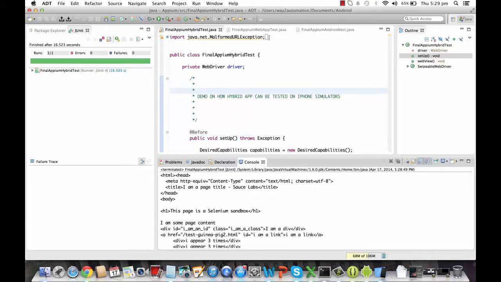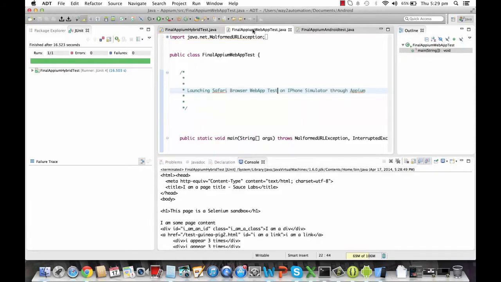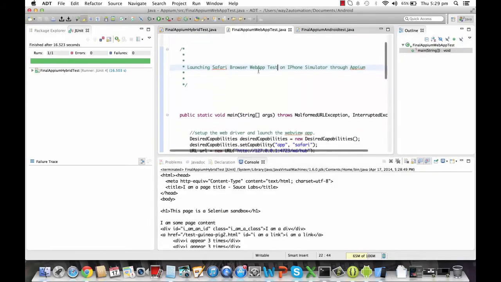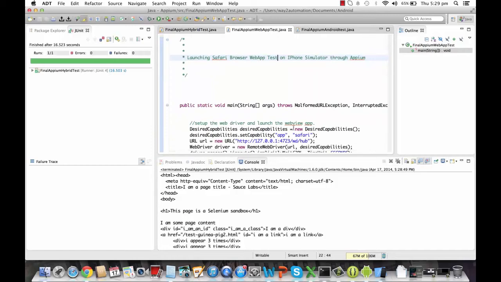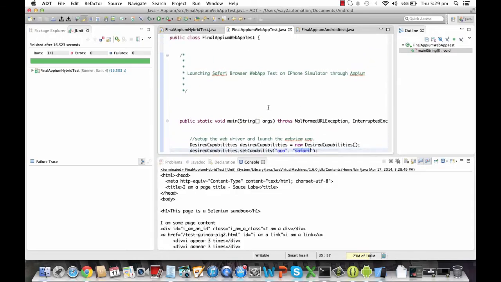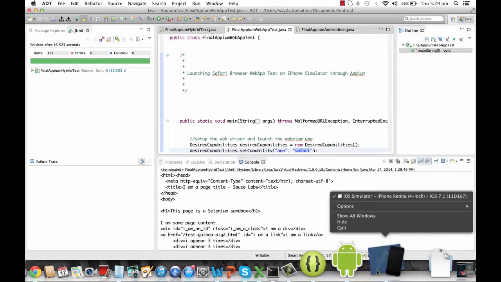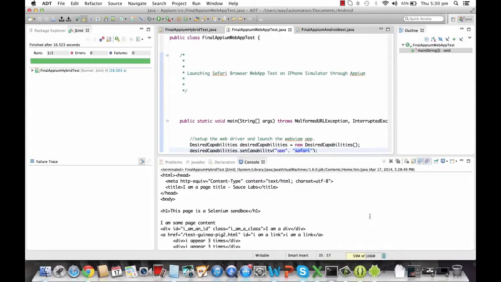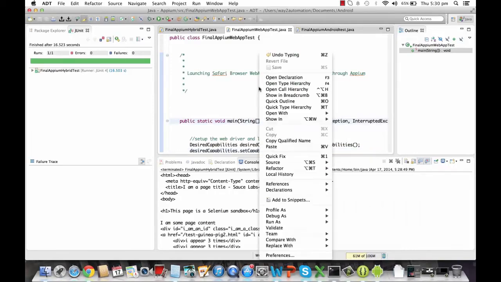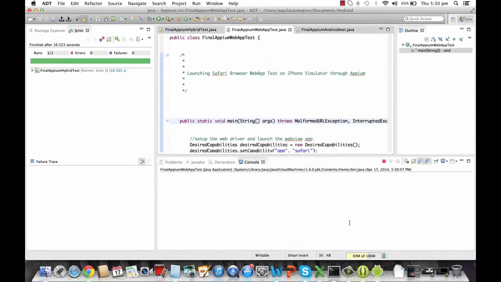Now I'm going to show you another test that is a web app. Basically we are talking about a Safari browser over here. I'm going to show you how we can open up Safari browser in an iPhone emulator. So I'll again close this one and right click, run as Java application,